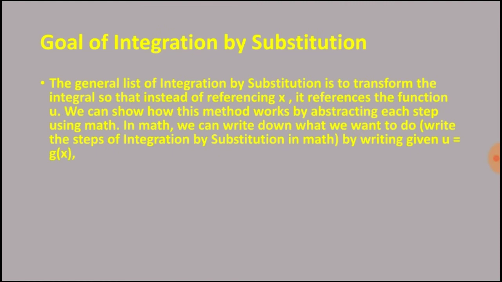The general idea of integration by substitution is to transform the integral so that instead of referencing x, it references the function u. We can show how this method works by abstracting each step using math. In math, we can write down what we want to do. Write the steps of integration by substitution by writing: given u equals g of x, where x equals b to x equals a,